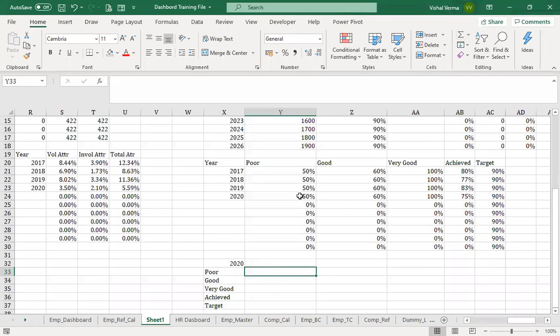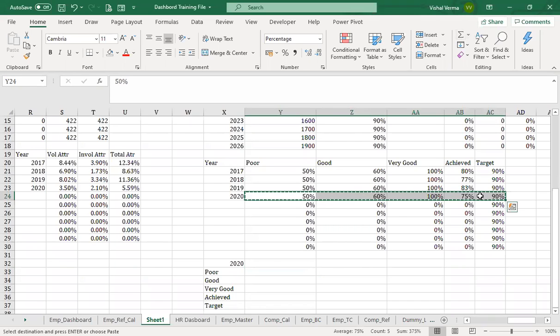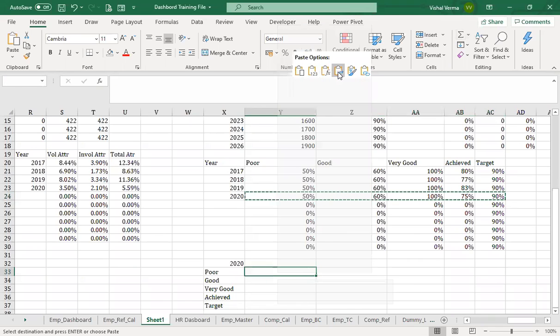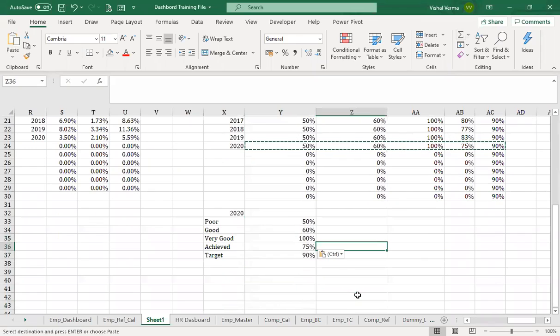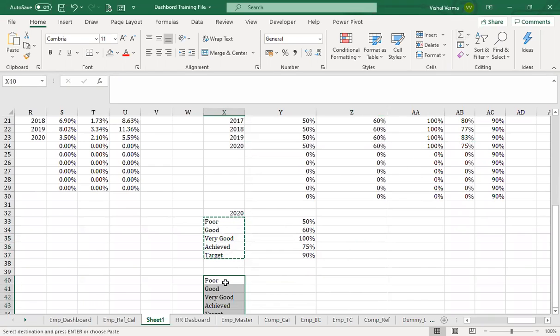For the paucity of time, we can do the calculation. So what we'll do is just copy this data, transform it and paste it. So we have good, poor, very good, and we'll put it here.